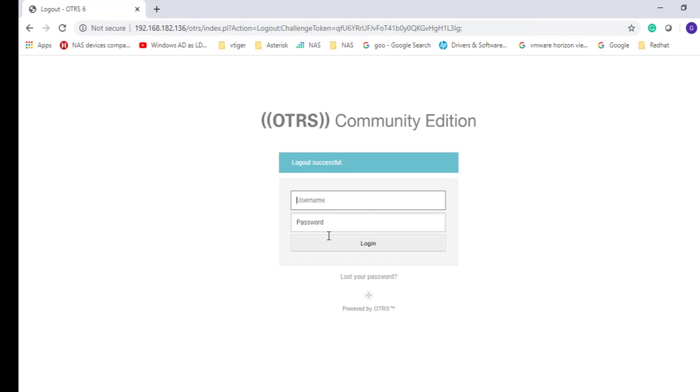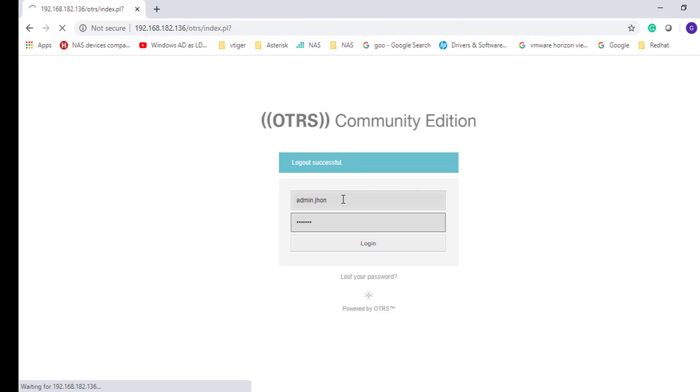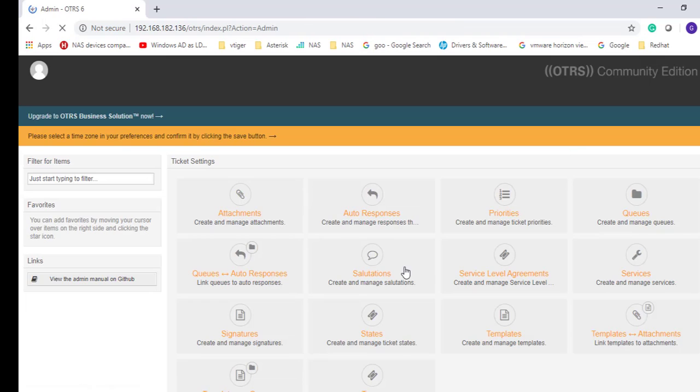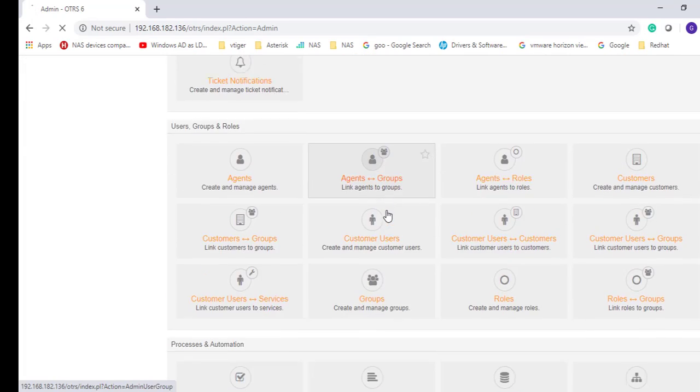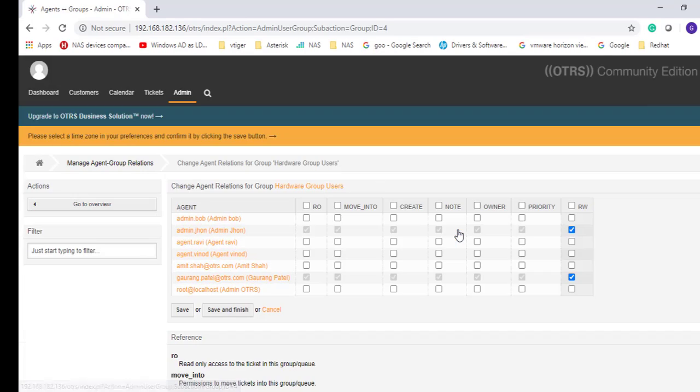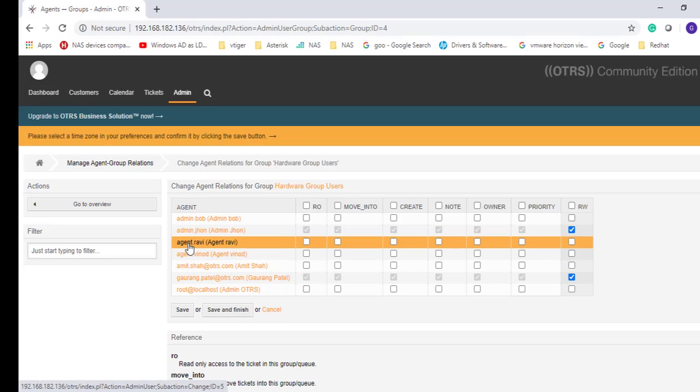Log out, log in once again. Admin.john, check agent groups. Agent admin.john has read write permission on hardware group users. So let's go ahead and log in with the agent Ravi.